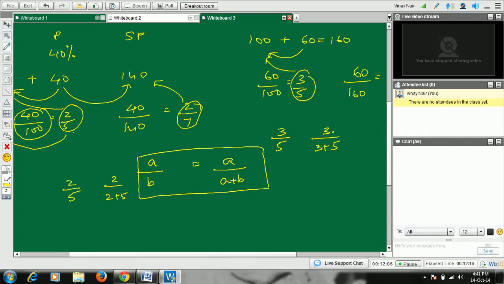This is a very useful relationship, using which we can do calculations faster without assuming anything as X. We can just directly do the calculation. So if we are given the selling price and we are given the profit percentage, directly we can find the